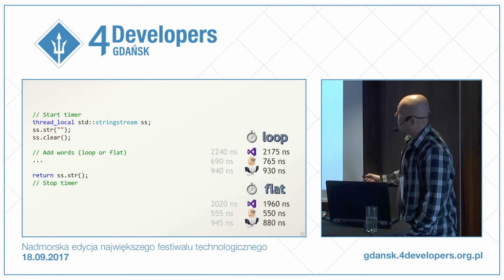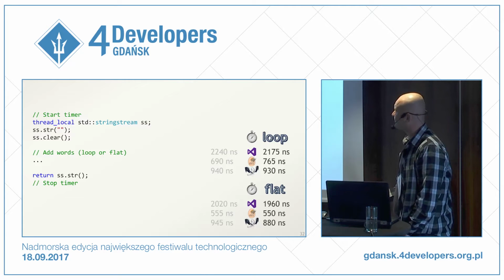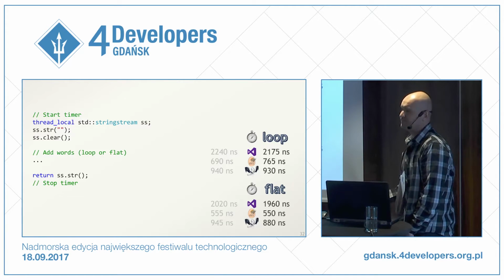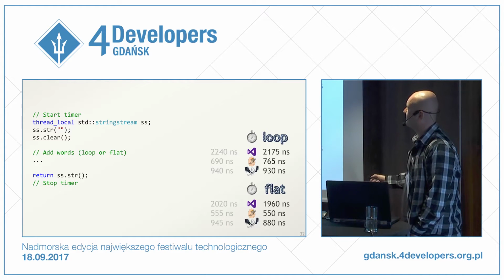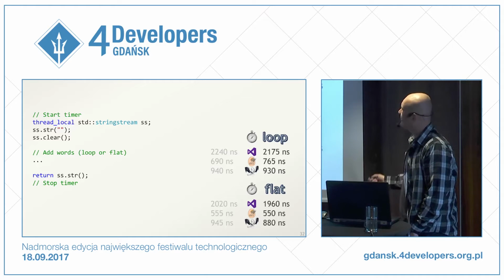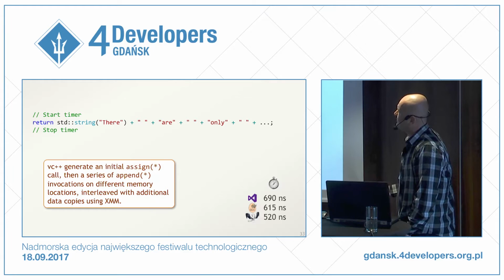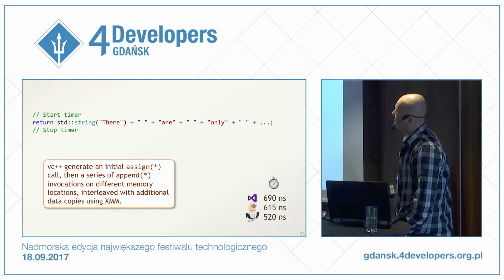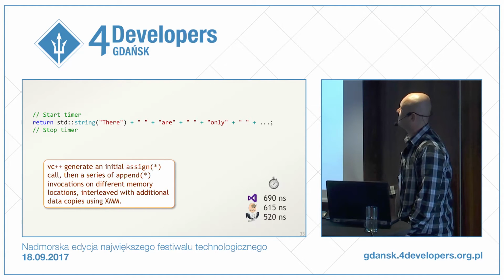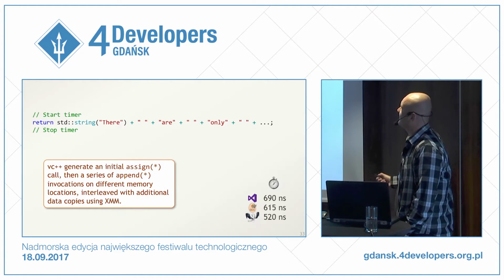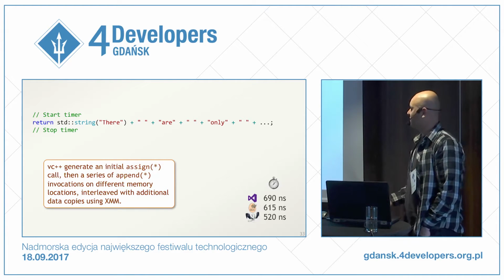So let's see. How about thread local, right? Can we do it? Similarly. Okay, let's try a different approach. Let's leave stringstream and try string, like this one. We see what happens here. We create an R-value string, add it to a string literal. The effect is some temporary string, add it. And the times are much better.